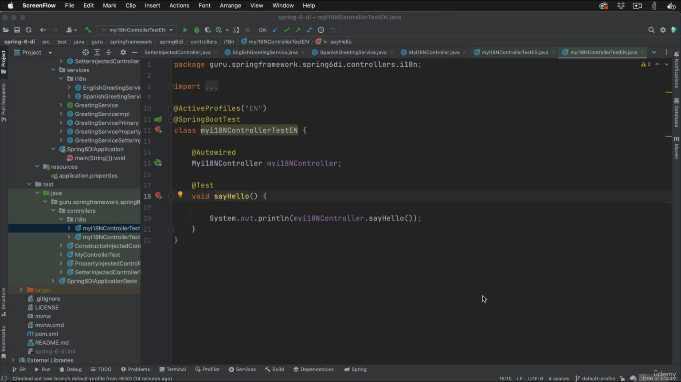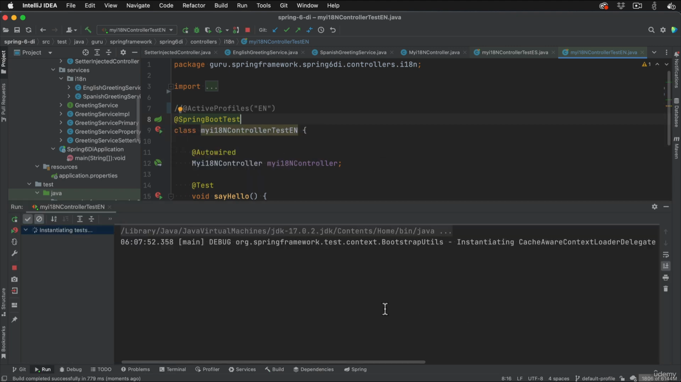Okay, right now our two internationalization controllers, or services I should say, will only function if one of the active profiles is active. If neither is active, we are going to get an error. That's because we don't have a component that Spring can wire up. So if I comment out the active profiles here on the English test and run it, we'll see that we